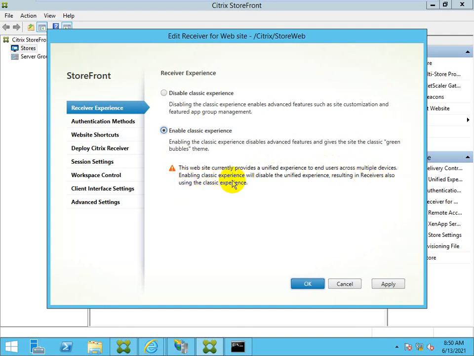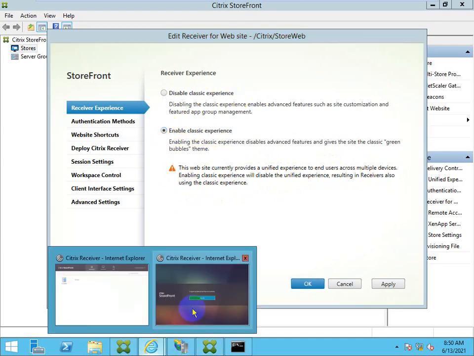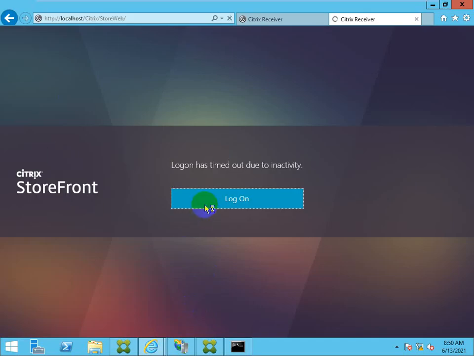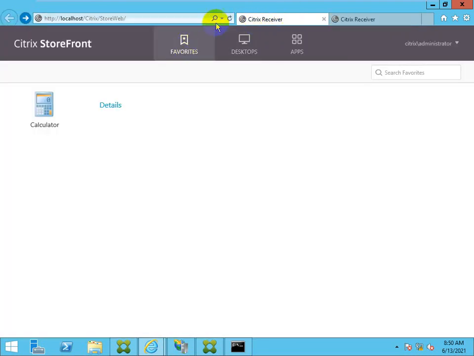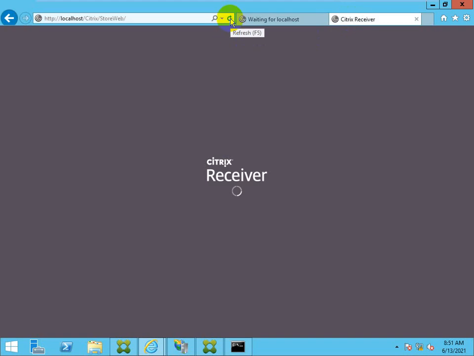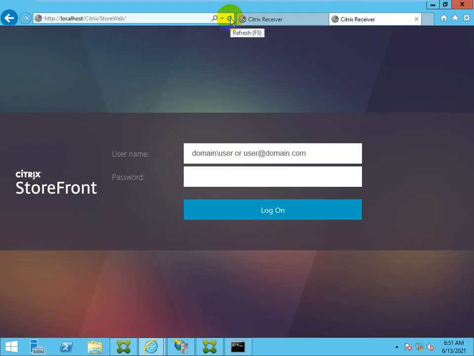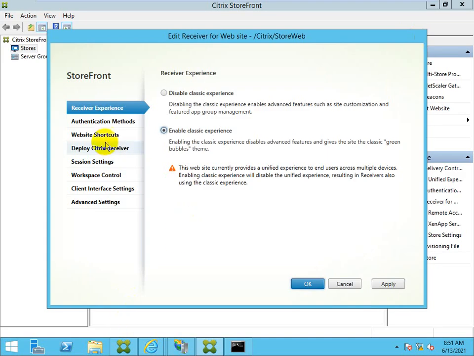Enabling classic experience will disable the unified experience, and Receiver will also use the classic one. Whether classic is disabled or enabled, it means only your look will get changed. So I just need to refresh this.